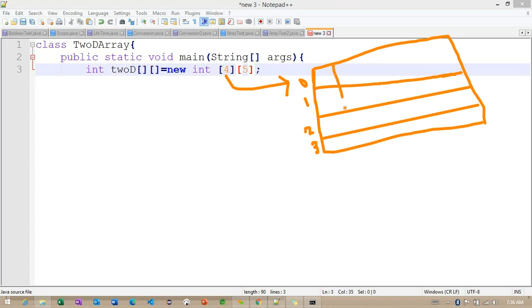To do that, I am defining one more array. This particular array will have the size 5. Getting the point? Now you can see 0, 1, 2, 3, and 4. So 0 to 4 is nothing but the size will become 5 here. So this is very important here.